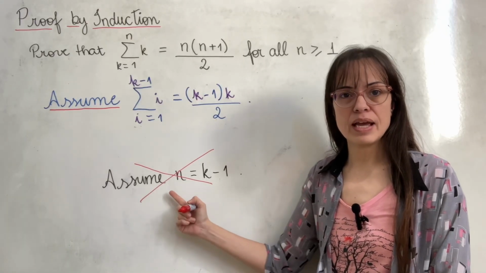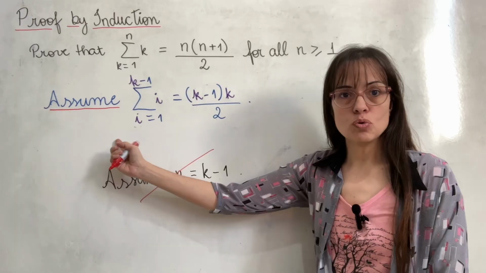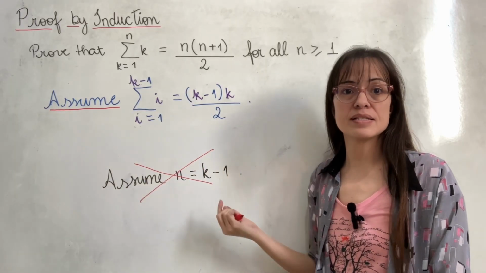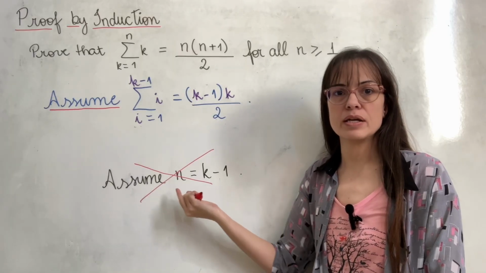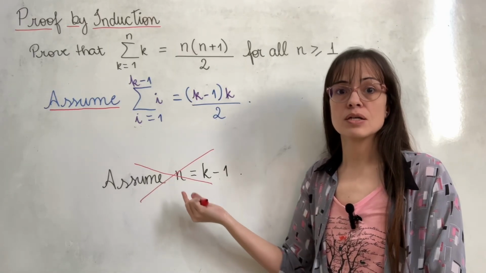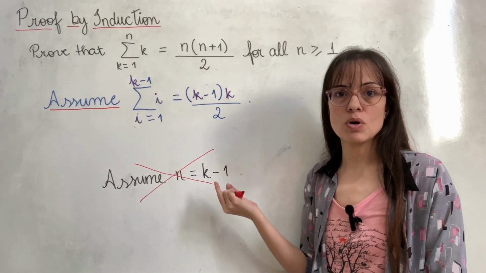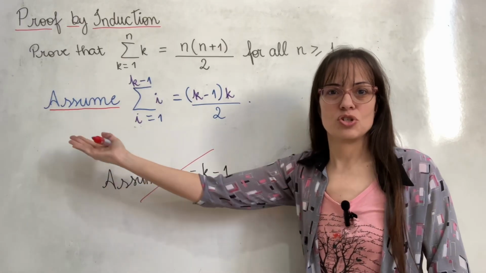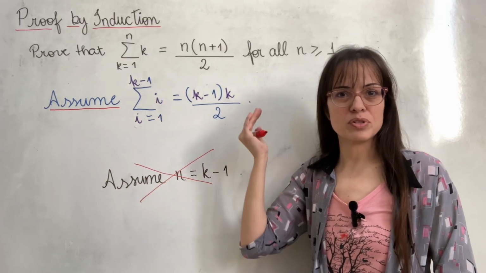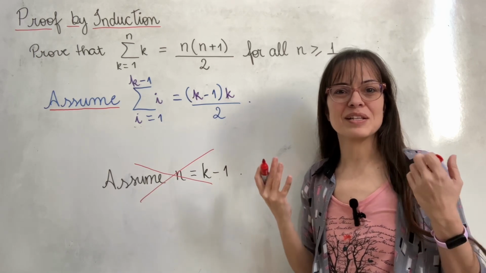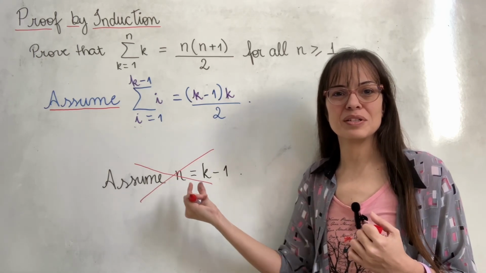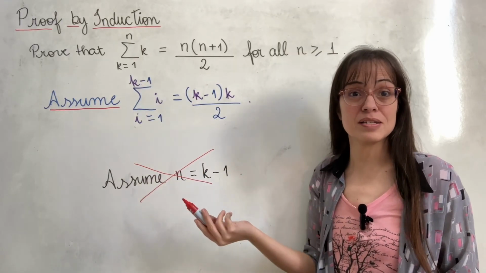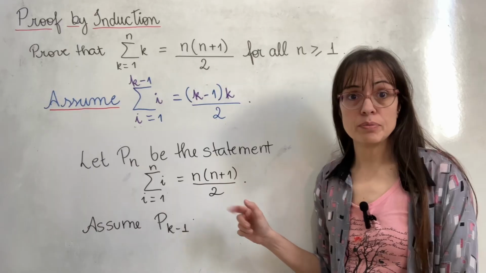You're not assuming that n has a specific value. You're assuming the truth of the whole statement when n has that value. So it's not enough to say assume n equals k minus 1. Assume that when n is equal to k minus 1, then the statement is true. And one of the ways to say that is just to say it like this: assume this equals that. You don't have to explicitly say that you are putting k minus 1 in the place of n. This is kind of clear from the comparison of the two sentences, but you can, if you want to, be explicit about this